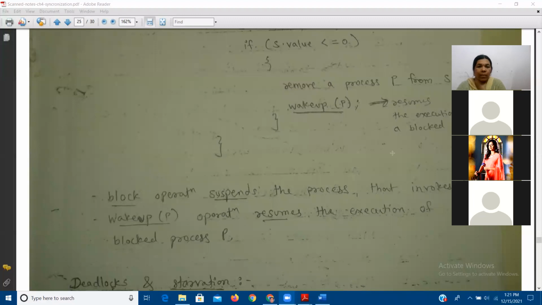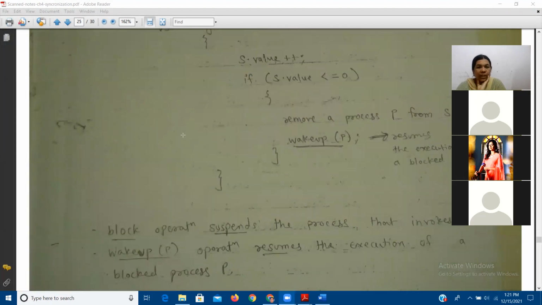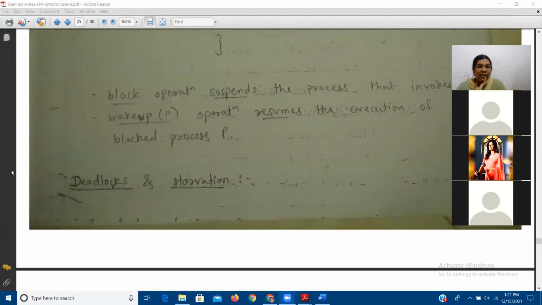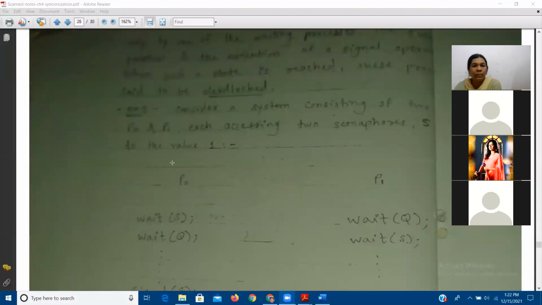Okay. So we were talking about semaphore. We discussed the first disadvantage of semaphore, that is busy waiting. And to solve that problem, we discussed the modified solution with the help of the modified definition of wait and signal. Now we'll proceed further to the second disadvantage of this semaphore, that is deadlocks and starvation. So this is the main disadvantage of the semaphore. Second disadvantage of semaphore: deadlock and starvation. First of all, we'll discuss what deadlock and starvation are. Then you can note it down.